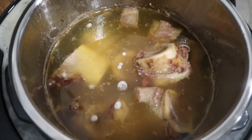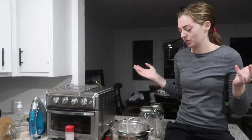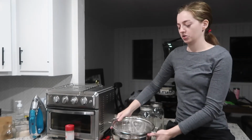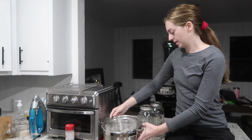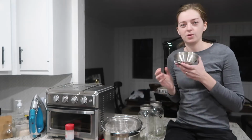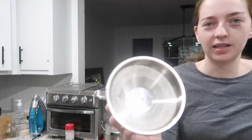And that's what it looks like. So once you vent the Instapot and take the bowl out, then kind of just let it cool for a bit, and I'm going to double strain it. So first I'm gonna use this strainer and strain it into a bowl, and then I will use this funnel, and there's like a, let me show you,